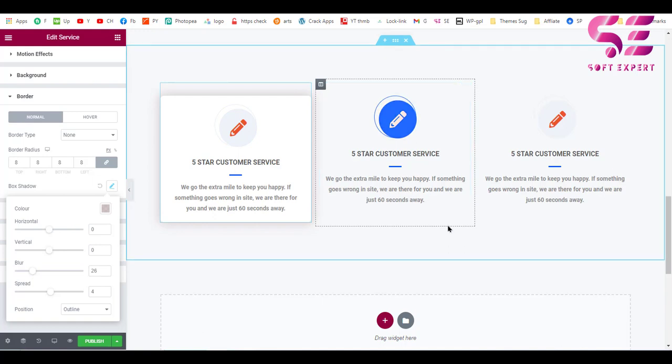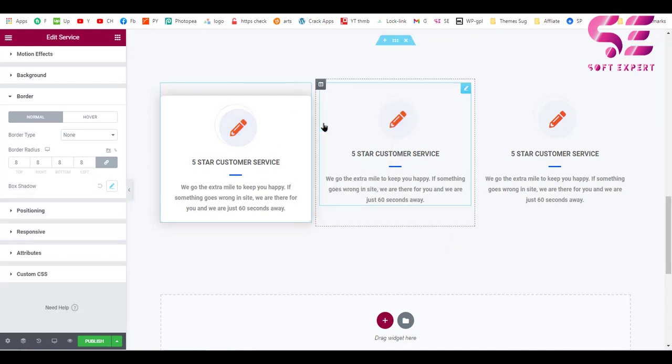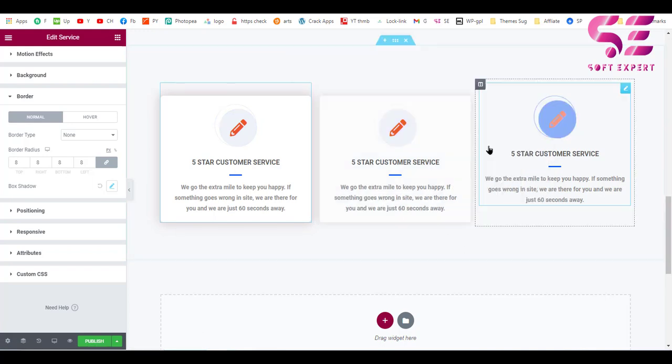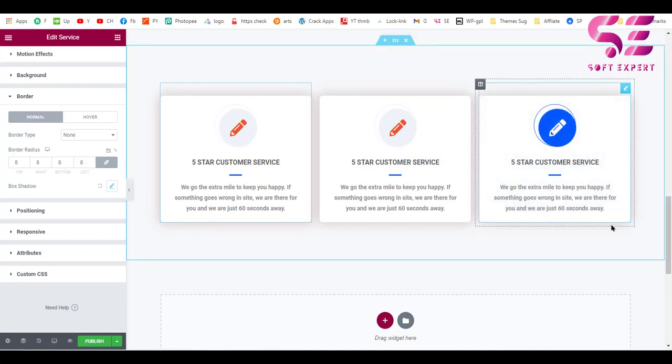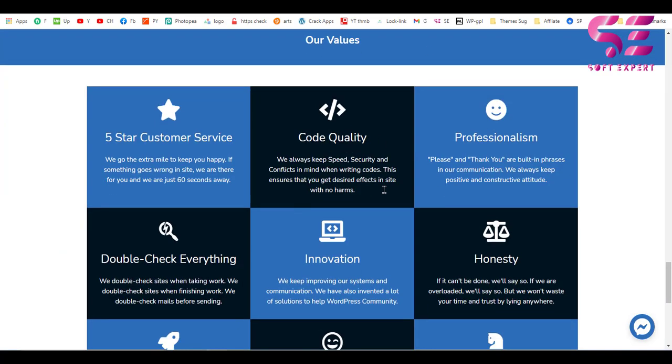And that's it. Now you can just copy its style to the other one. And now we have the services section.